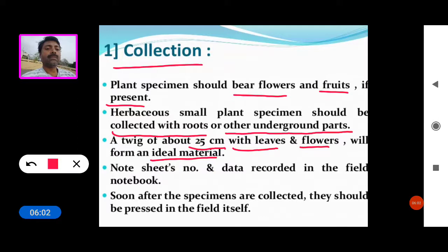Note the sheet number, data recorded in the field notebook. Soon after the specimens are collected, they should be pressed in the field itself. So this is the plant collection step.